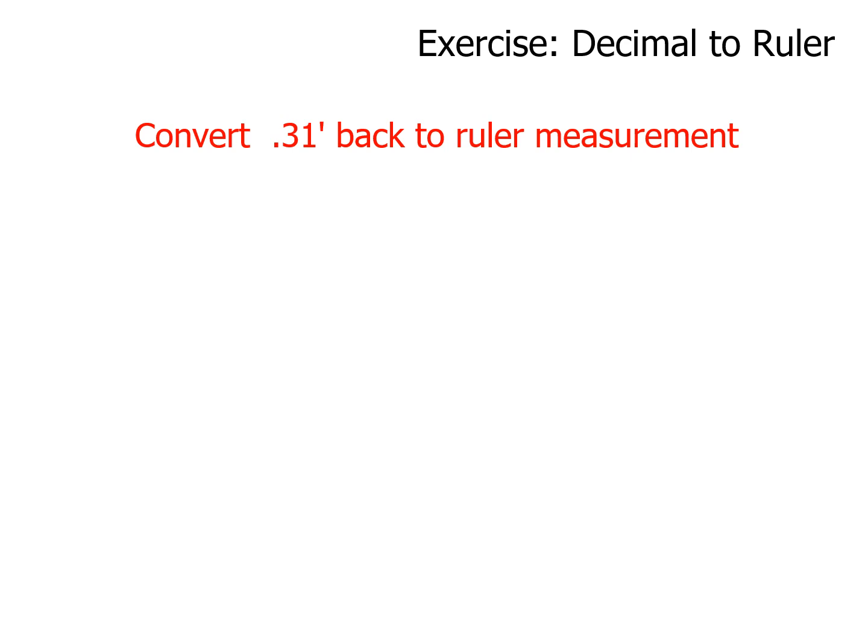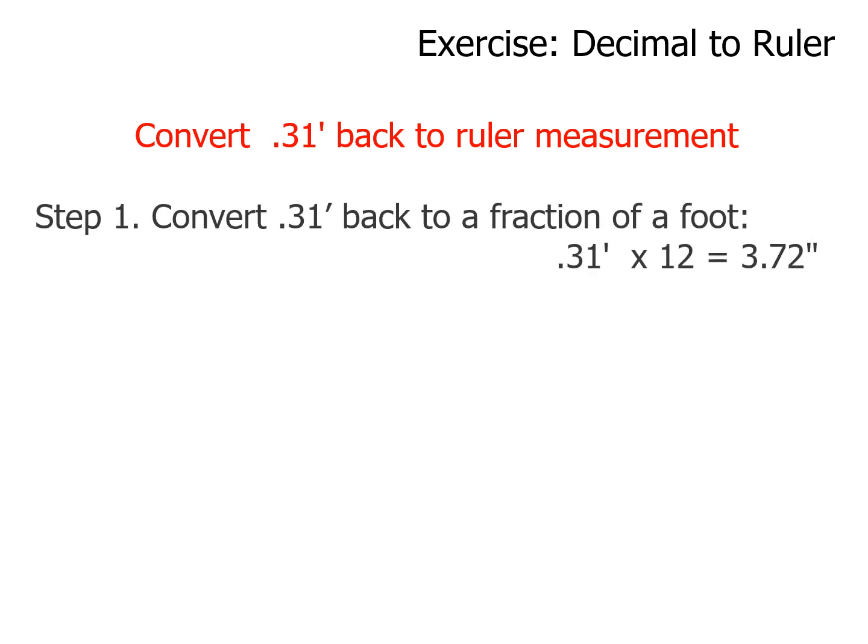All right, the next thing I want you to do is look at this little exercise here. It says convert 0.31 of a foot back to a ruler measurement. Okay, well, now think about this. And always go back to the whole units. For me, it makes it easier for me. I always think real quick, 1 foot. Now, how would I convert that to inches mathematically? Well, multiply by 12. Well, I'm going to multiply 0.31 feet by 12. It's feet times 12. That would tell me that 0.31 of a foot is actually